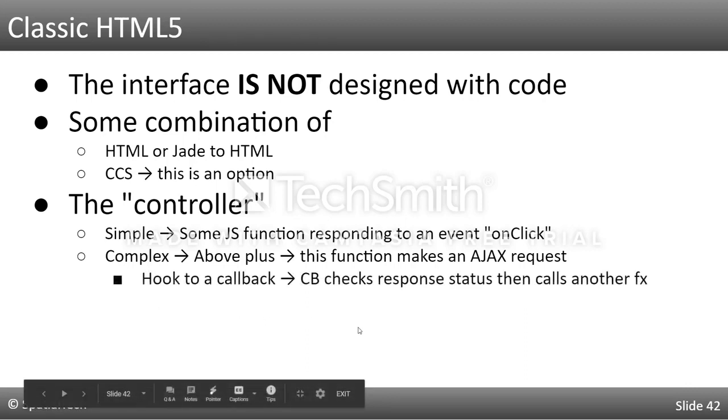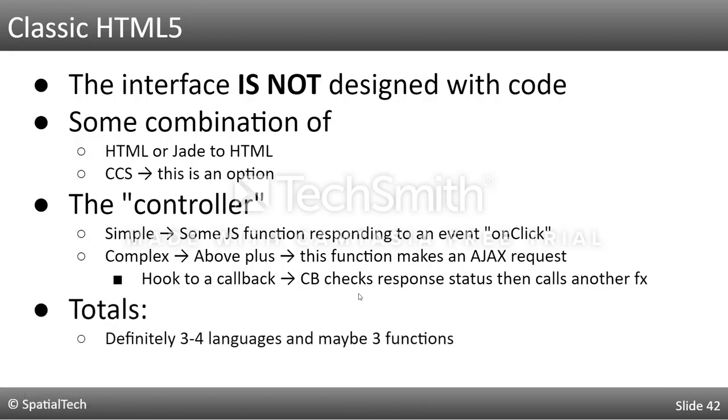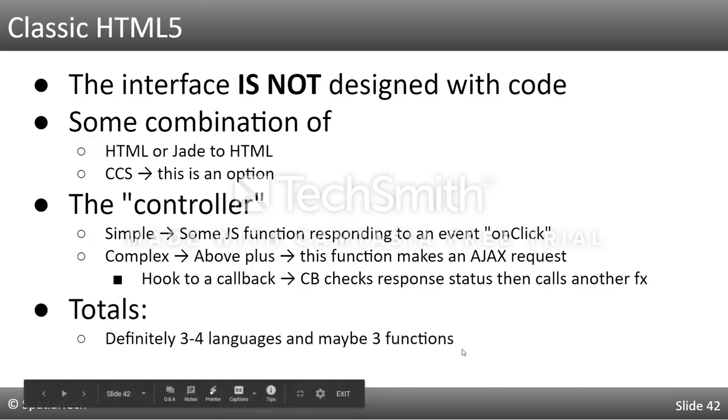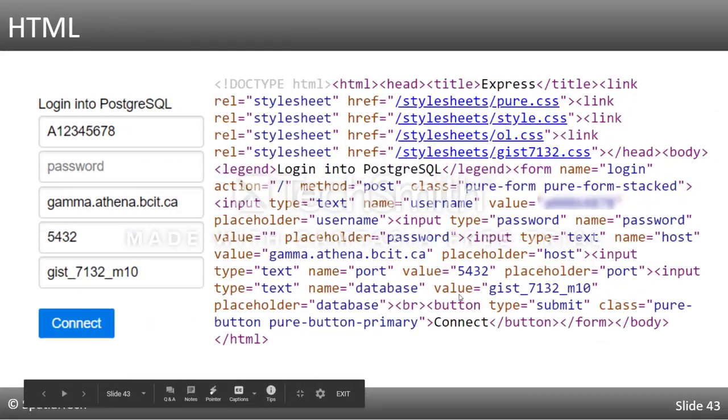So it's hooked to a callback. The callback checks the response status. If the response was good, a 3 or a 4, I think the code is, away we go. So the total number of languages could be 3 or 4, right? And maybe 3 functions to do. So this is